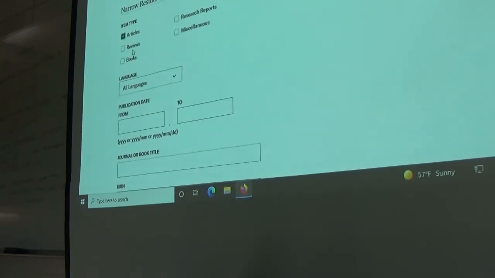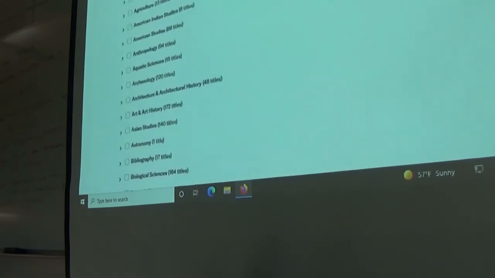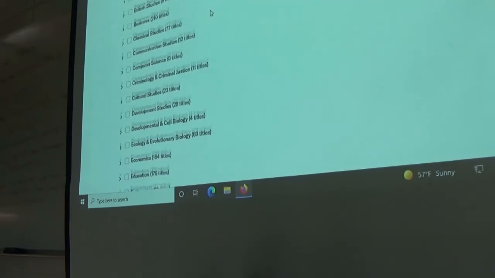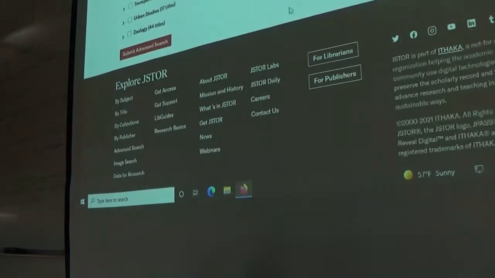I put in too many little variables here. So we go to articles, books in English, and let's maybe just stick to, say, feminist and women's studies and gender studies, and see what that gets us.